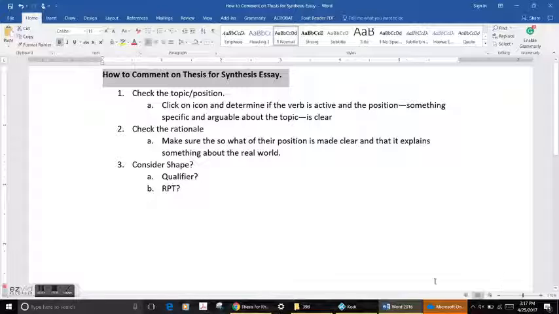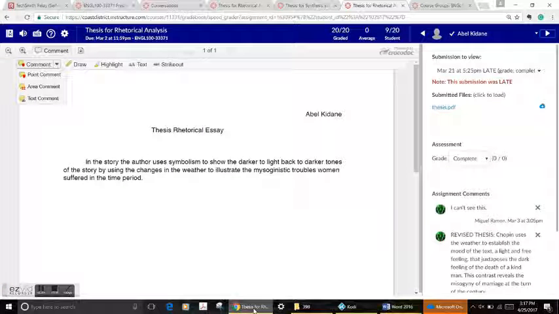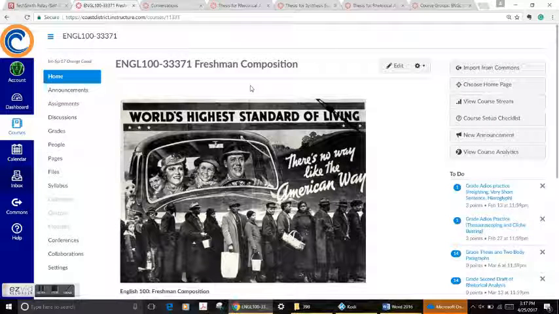I don't know, for some of you, this is the first time you're using Canvas. Let me model how to find it. There are 2 ways of seeing your partner's paper once you've signed up with a partner, which means you've emailed me and I've turned it on. The first way is to go to the home page of the website, and on the right-hand column here,